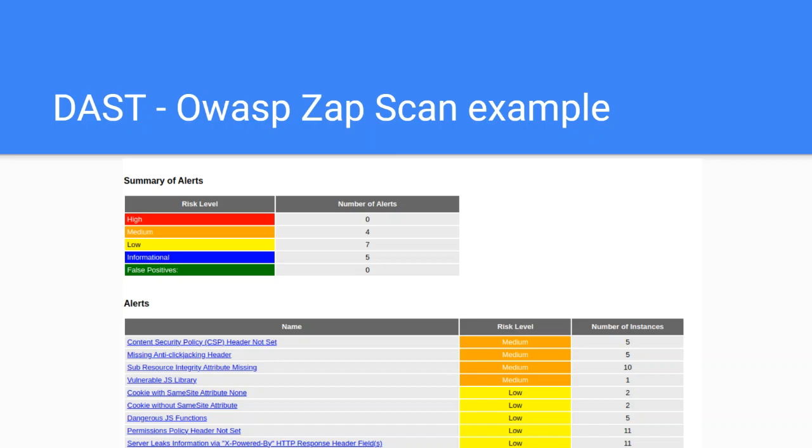But when you do the full scan, it takes around 10 minutes, or it also depends on your code and other things, on the website features, and it actually simulates the attacks in this full scan